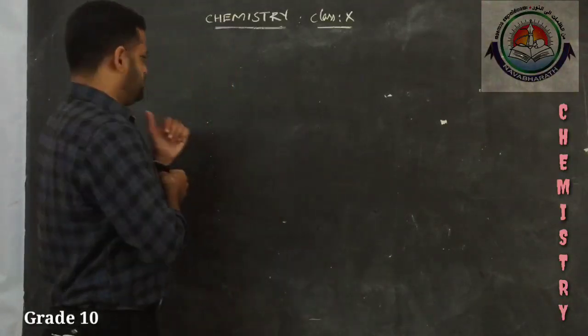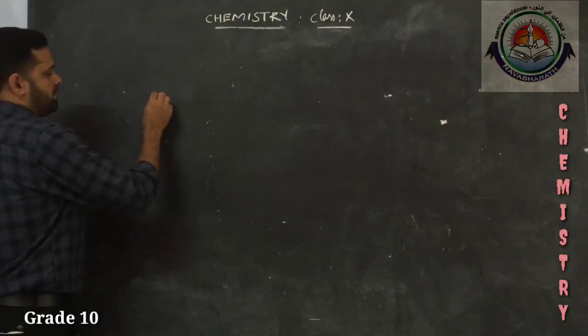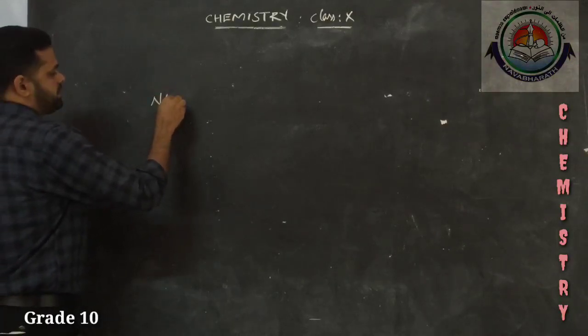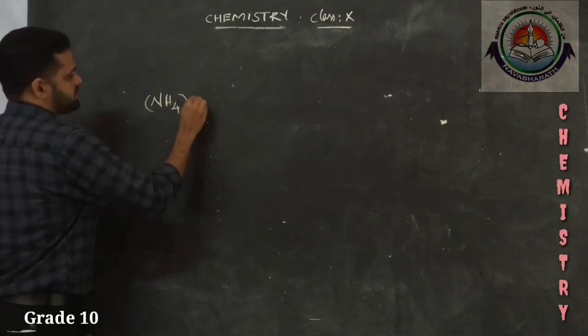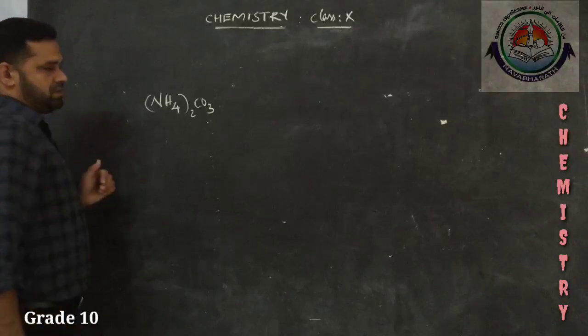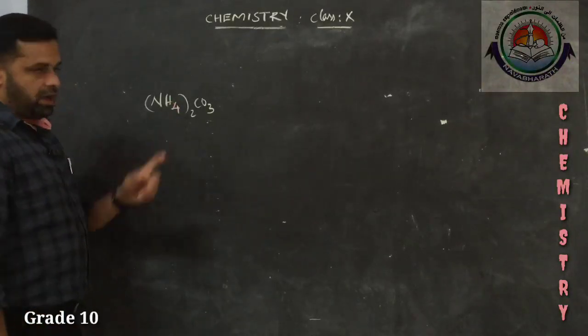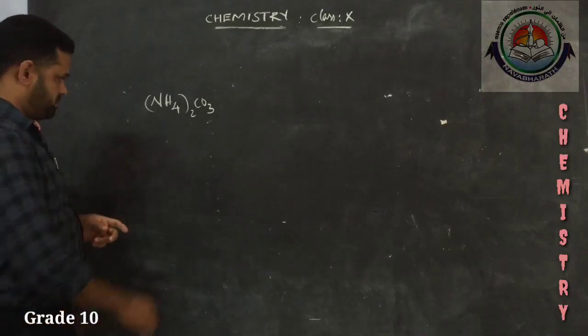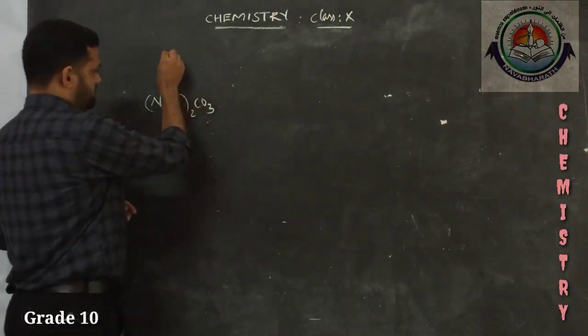So let me tell you some examples. For example, ammonium carbonate, (NH4)2CO3. You should know how to write the formula. Ammonium carbonate, this is the formula of ammonium carbonate. So this is the salt, the name of the salt,